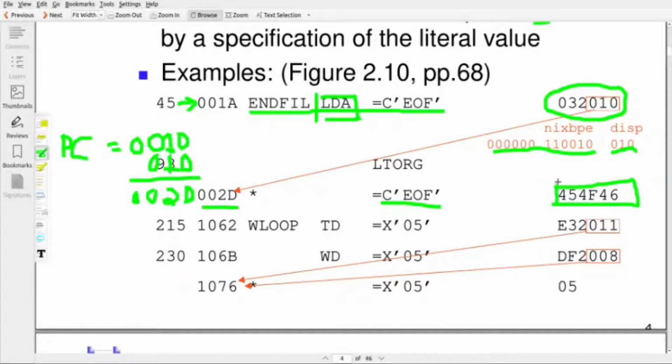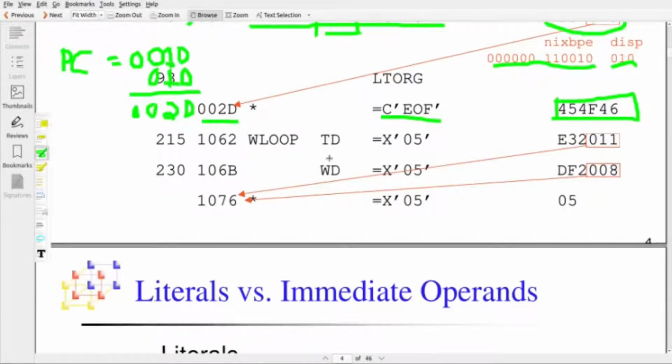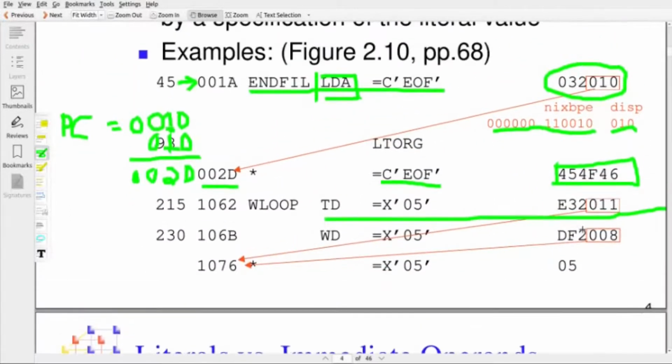So the assembler produces the literal value at a memory location. The instruction code contains that memory location, and at that location the assembler stores the operand value of the literal. Here is another example: TD =X'05'. X indicates a hexadecimal value, so this is test device 05. This is the machine instruction generated.